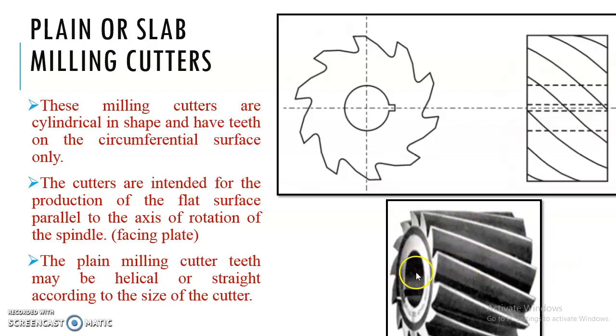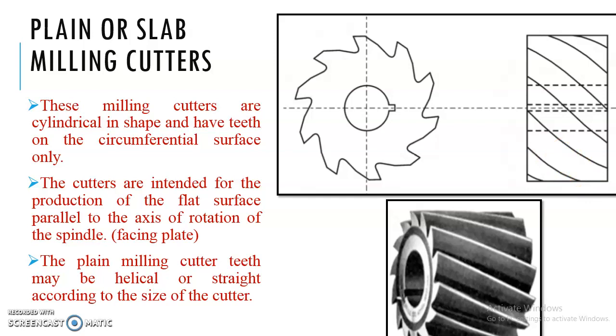The cylindrical cutter has an inner hole and a keyway which is provided here, and along its width, or one can say along its circumference, a number of multiple cutting edges or teeth are provided which are equally spaced, so we call it a multiple cutter, used to remove the workpiece material. But basically these slab milling cutters or plain milling cutters may have teeth in a straight direction or in a helical direction.